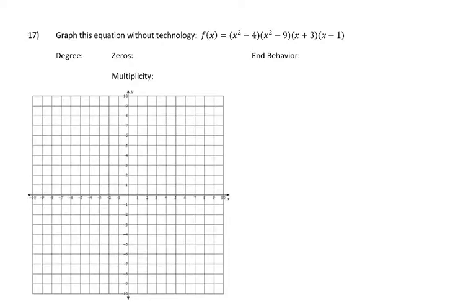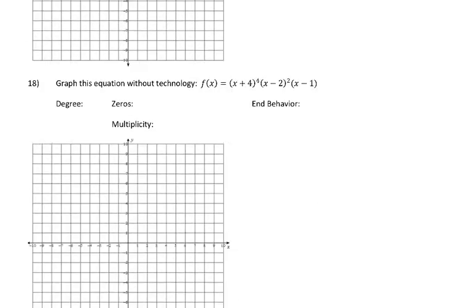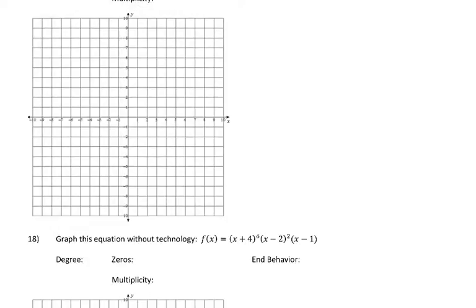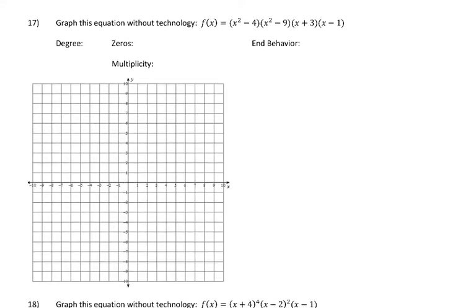Alright, so now looking at the last 2, we are dealing with drawing a graph, talking about the degree, talking about everything that we have going on. Okay? Alright, so the first thing we need to decide is the degree. So look at the x's. I've got a square, to the first, no other powers. So 2 plus 2 plus 1 plus 1 would give us a degree of 6. So my end behavior, which I can write like this,